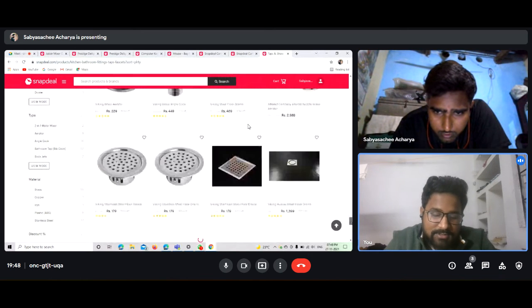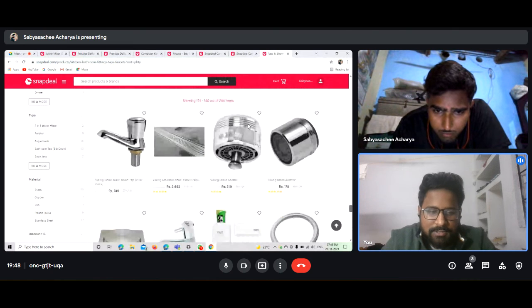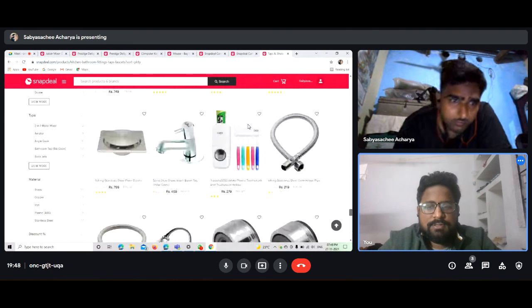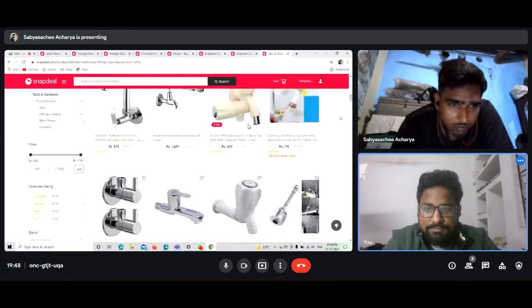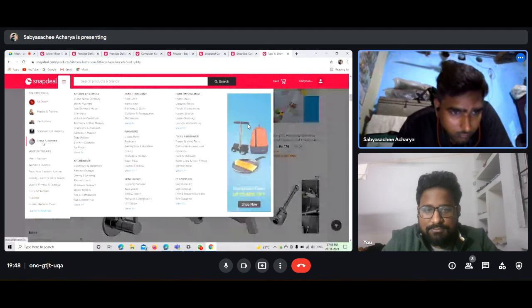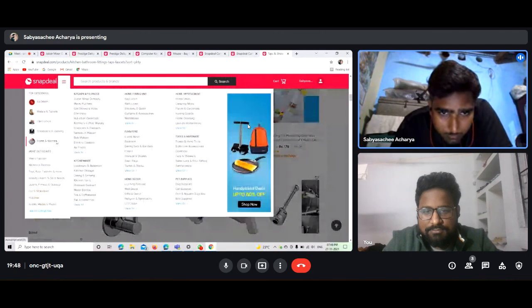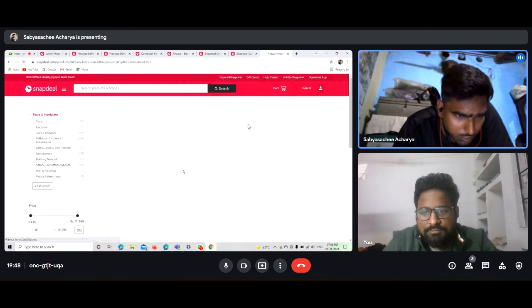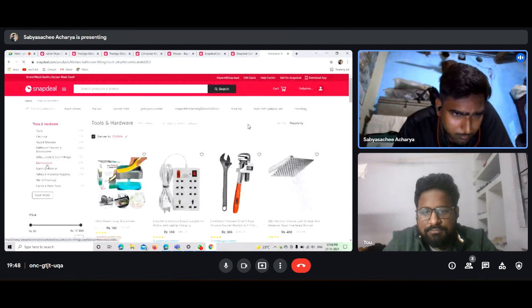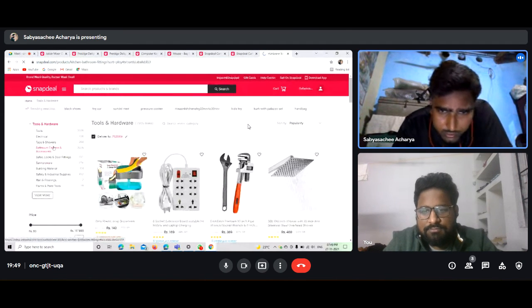Can you just check other options, various options in the explore section? Yeah. Home. Then I think home, tools and hardware, and tools and bathroom accessories. I'll see view wall, then wall and flooring. Okay, but bathroom fixtures and accessories.